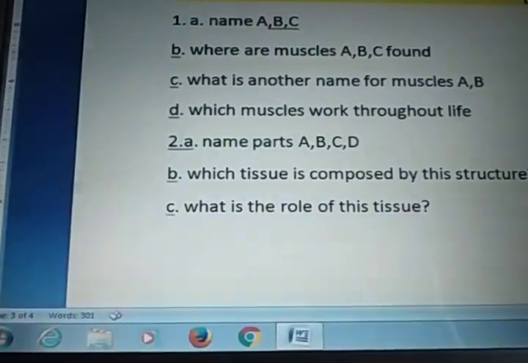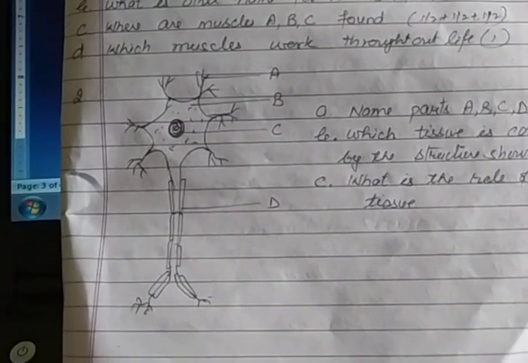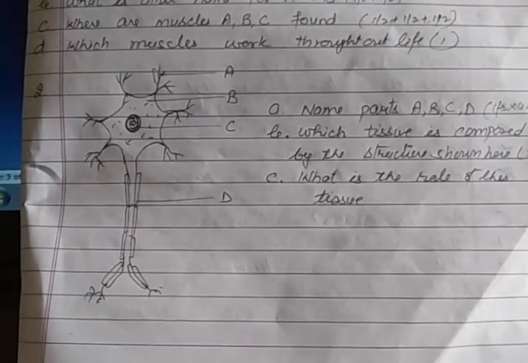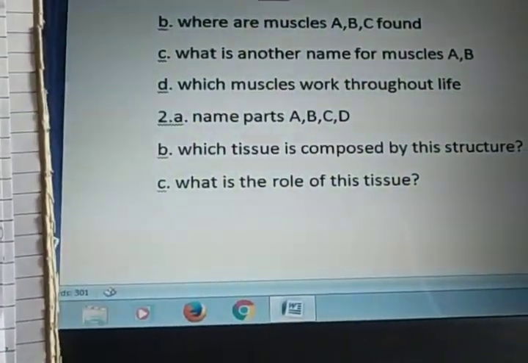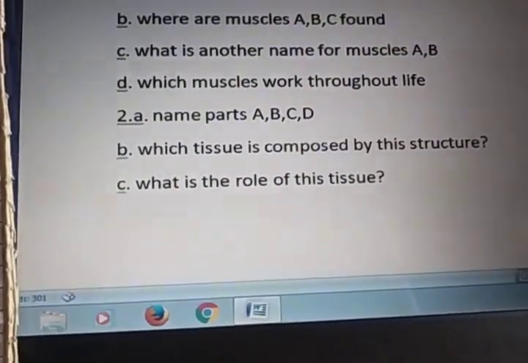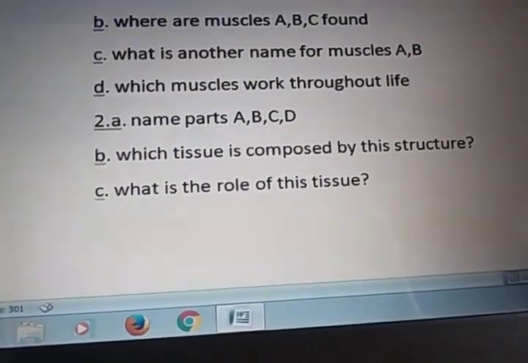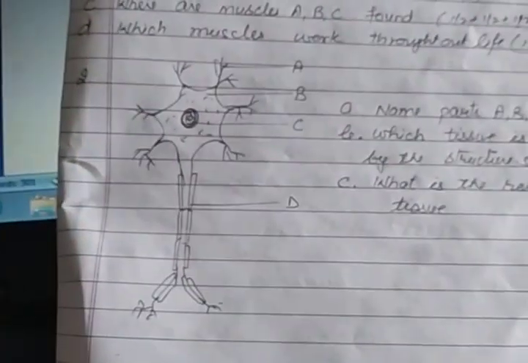Now part E, question 2, the diagram is here. You may draw the diagram and you see the parts. And the questions are: A. Name parts A, B, C, D. Which tissue is composed by this structure? What is the role of the tissue? So see the diagram again. So this is your diagram 1